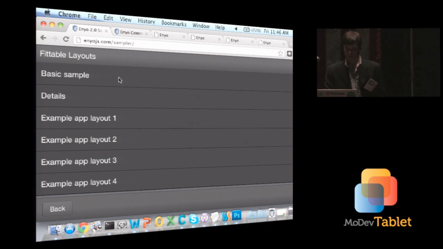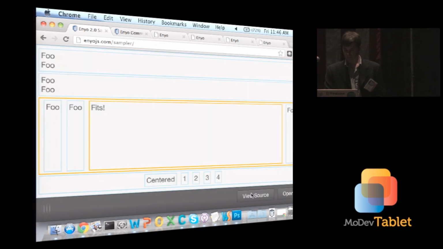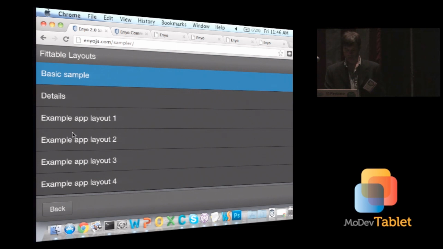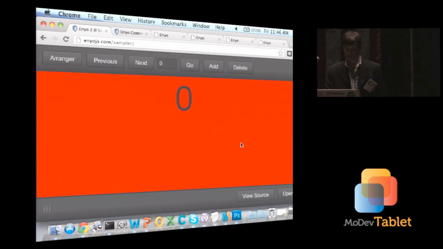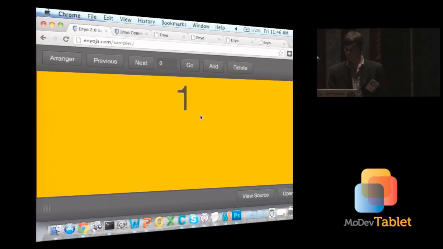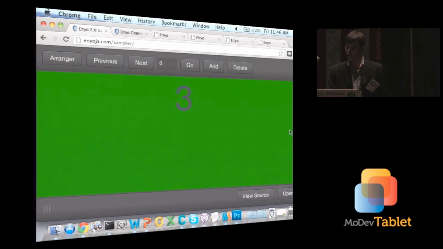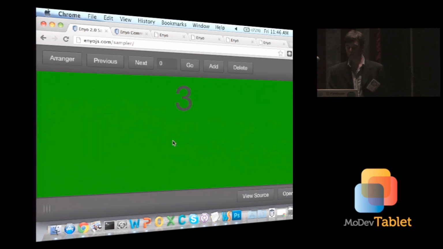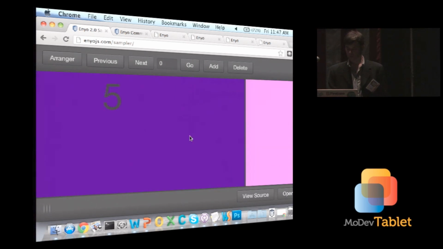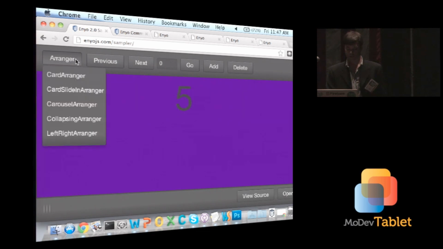Let's do a basic sample. So we've got a number of different ways for grouping and containing content. Let's see. I want to do panels. Panels, I talked about, they're a very powerful way to group content onto a page, and here we've got different panels where each one occupies the full screen, but by simply changing the arranger for the panel,